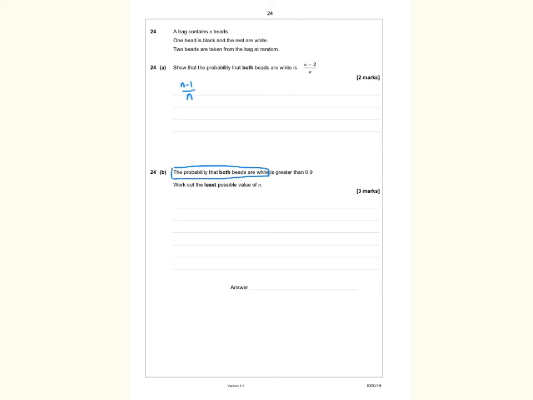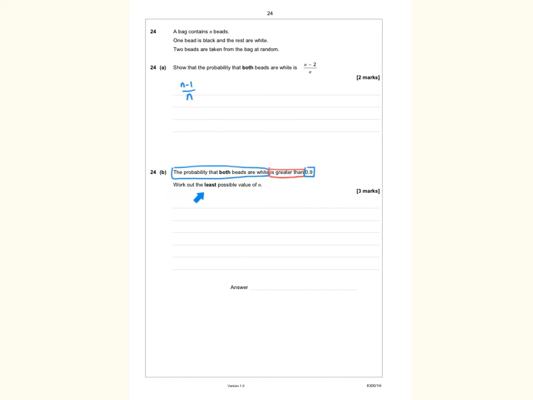I'm just boxing that, and then we've got is greater than. I'm doing a different color, so is greater than, and then we've got 0.9 on this side. Okay, that is an inequality. So whatever that is, then I have to say is greater than 0.9. So I make an inequality and I solve it, and then I interpret it